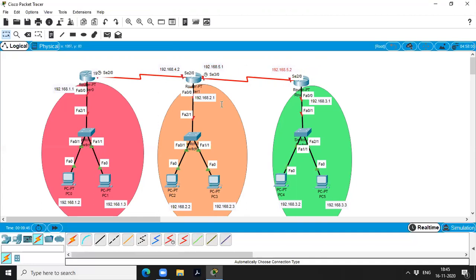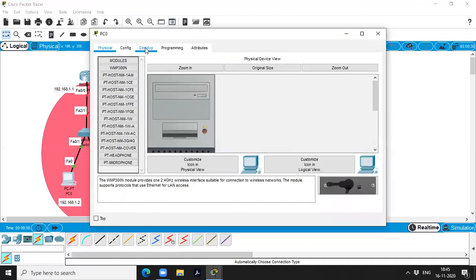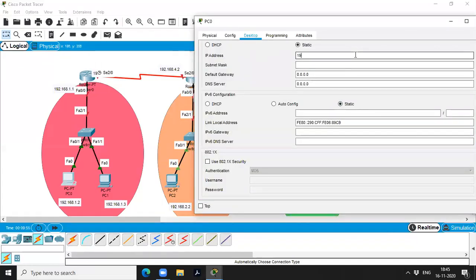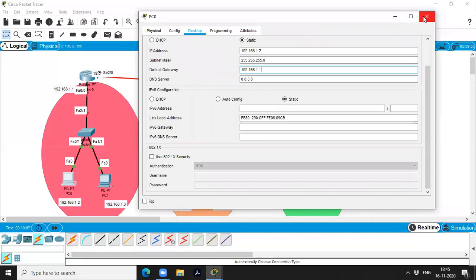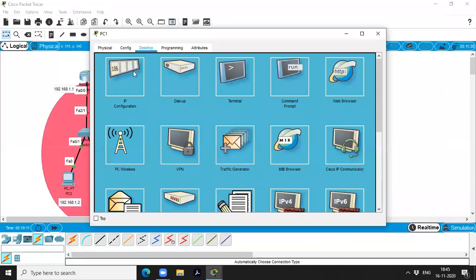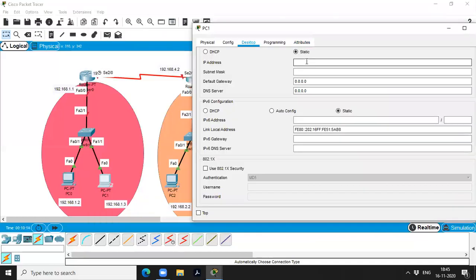Now I have to configure this PC with a static IP address. Go to static, 192.168.1.2 network and subnet mask. So I have configured the source address 192.168.1.1. Now I'm going to configure my second PC, which may be 192.168.1.3.